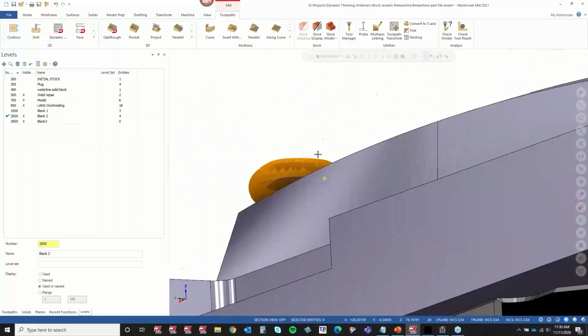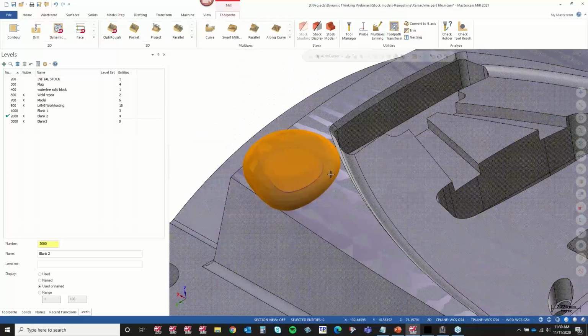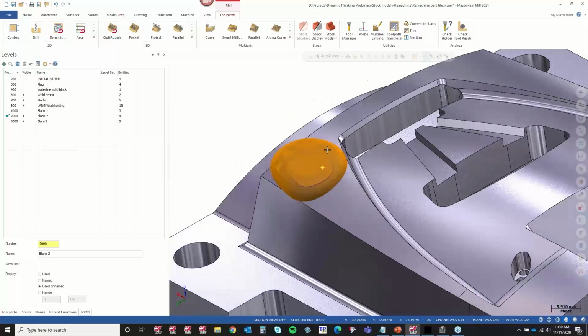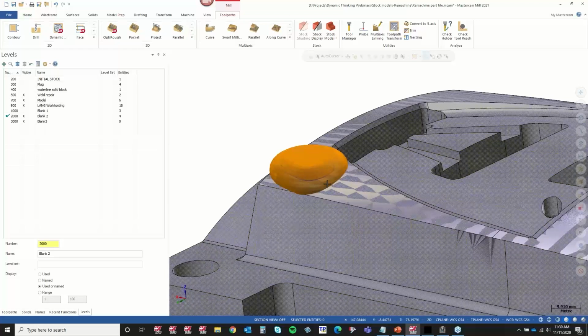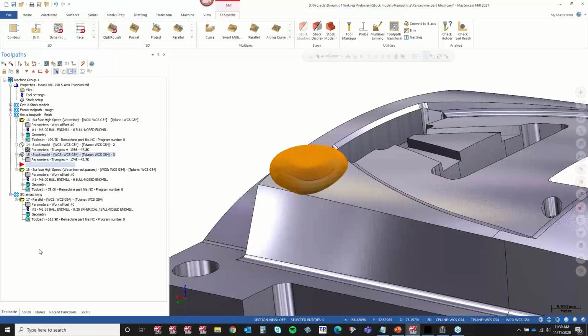Right? That's going to give me a big wad of material there, kind of representing that weld bead that we're going to have to leave on the part. Obviously, it's bigger than it would be, but that's okay. We want that to run over and blend out that component. The cool thing here is, drop this up here. Let's drop this down here.